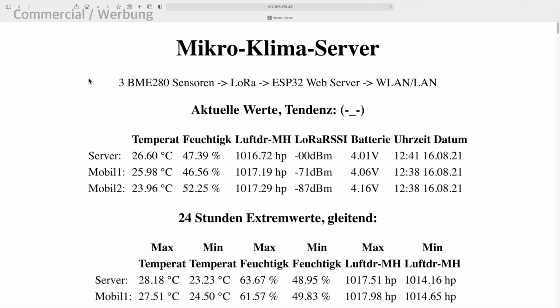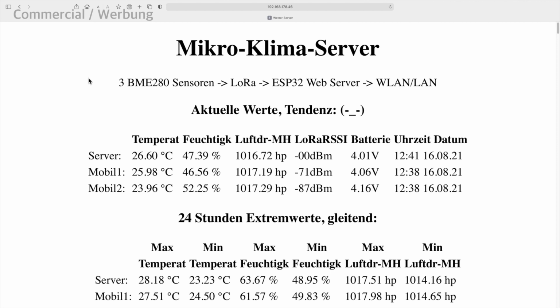Our web page is rather technical and just straightforward without any fancy graphics. It shall be open for easy adaptations or extensions. We only work with pure numbers and text. I need to apologize for the German language here. However, you can adapt this in the code to your own needs.